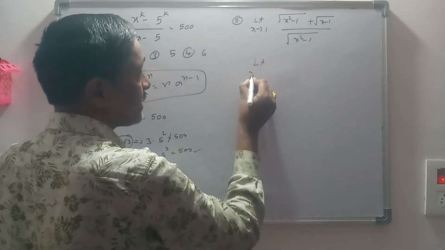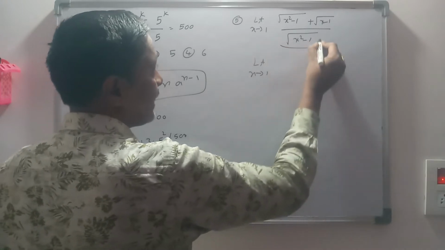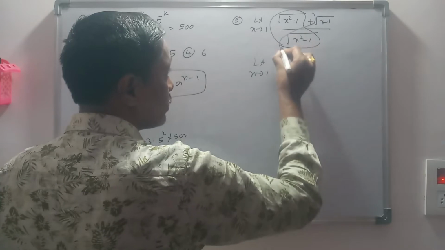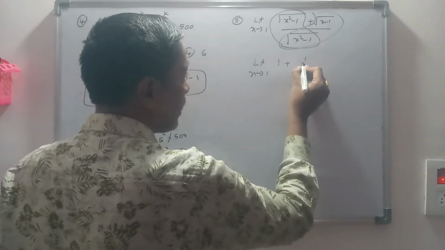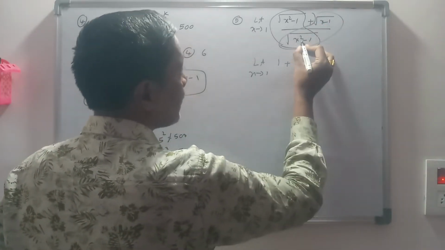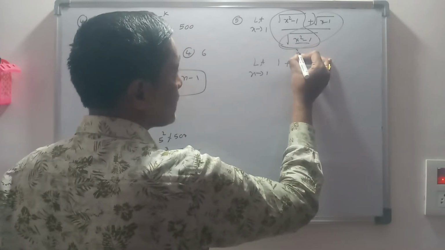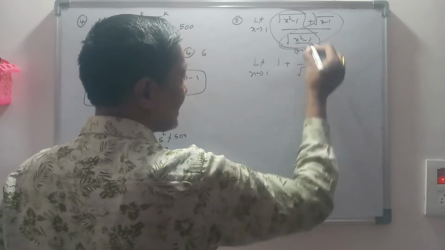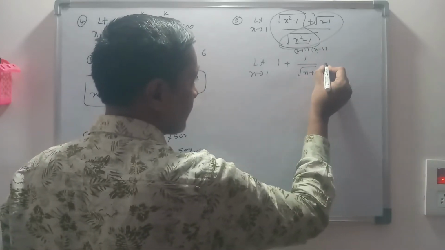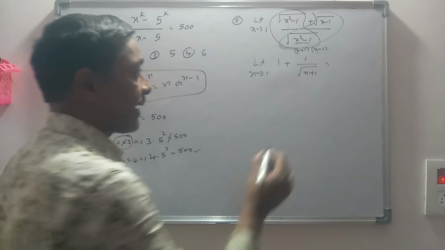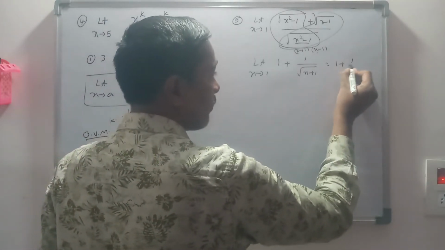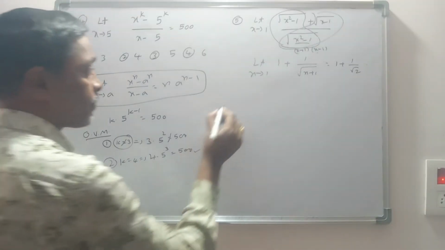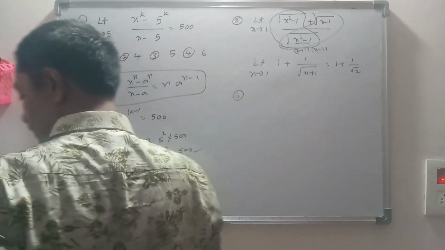Limit x tends to 1. Divide these two terms, one gets cancelled, plus divide these two terms, one term gets cancelled, and the denominator is only one term. This can be written as x plus 1 into x minus 1. X minus 1 gets cancelled, the remaining term is x plus 1. Put x is equal to 1, we can write 1 plus 1, which is 2. Sixth one.